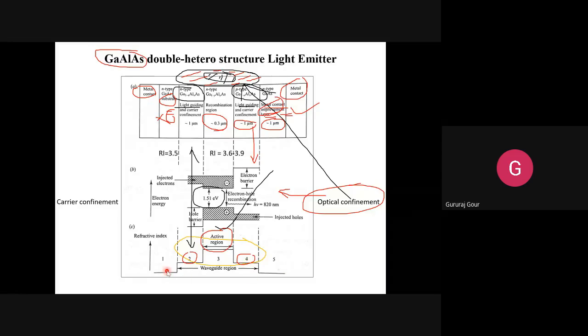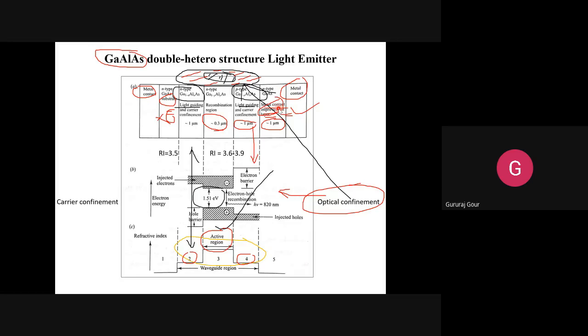And the remaining two side layers 1 and 5: 1 includes the metal contact and the n-type gallium arsenide substrate, and their function is to make a metal contact and a substrate. It will help to inject the electrons into this active region. Whereas the 5 region is made up of the metal contact and p-type gallium arsenide. Their function is again the metal contact to make the contact, and p-type gallium arsenide is not like a substrate, but instead acts like a heat sink, thereby improving the performance of this LED.